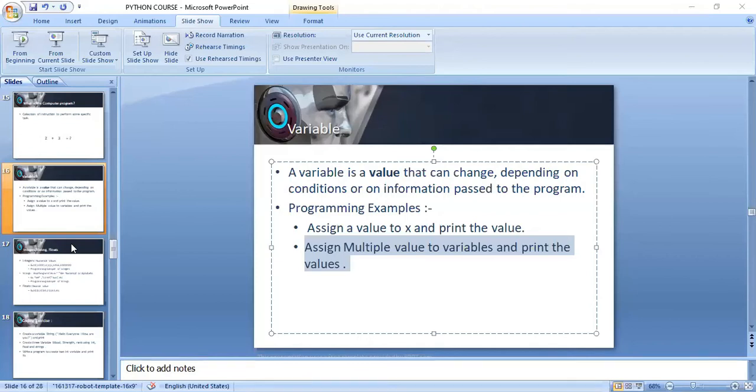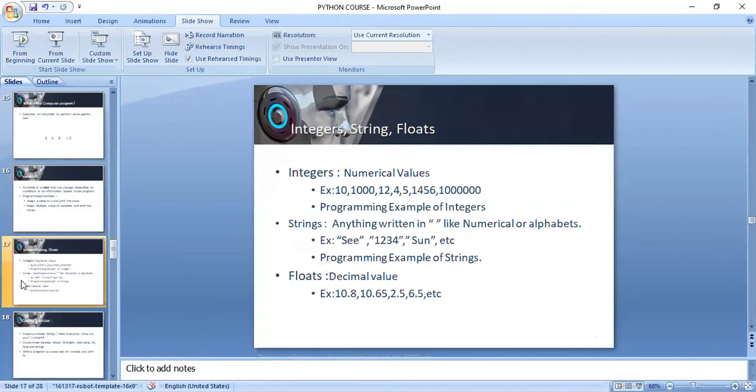So this is basically the complete overview of variables, which I also showed you by coding, how it changes and how we execute it. So our next part is integers, strings and floats. We can at least complete integers in this session, and for string and float we will continue in the next session that we will join after 2 minutes.